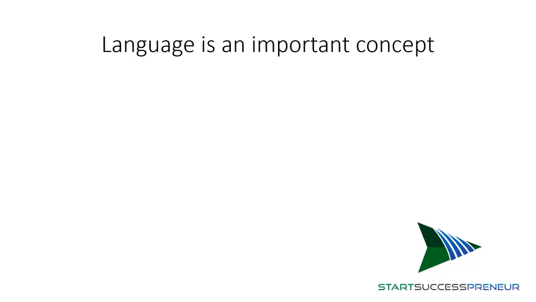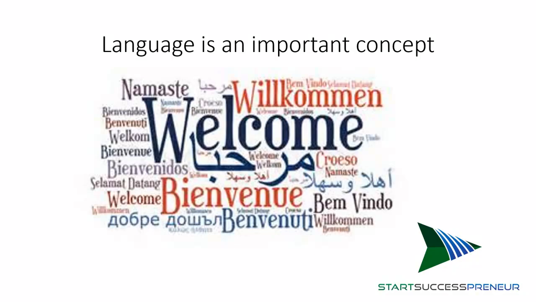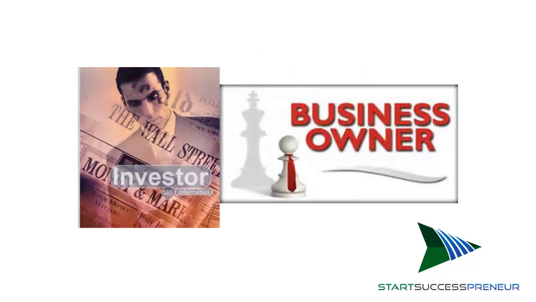In the book, language is a very important concept. He talks about the fact that rich people have a certain kind of vocabulary and a certain way of thinking, and words and sentences they use and things that they talk about. Poor people also have a completely different vocabulary, a different set of topics that they talk about, and a different mindset around money. He then takes us on a journey through the 7 steps to becoming a business owner and an investor, because obviously what he's trying to tell us with this book is that it's better to be on the right hand side of the quadrant than on the left hand side.